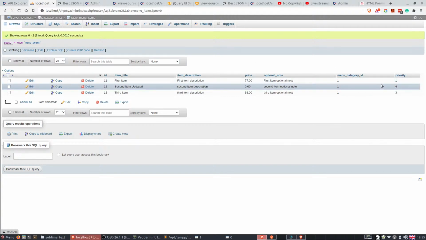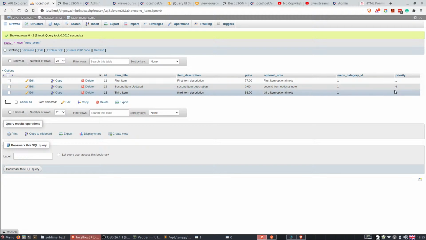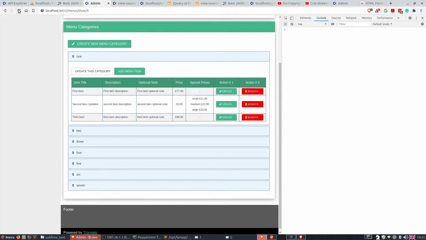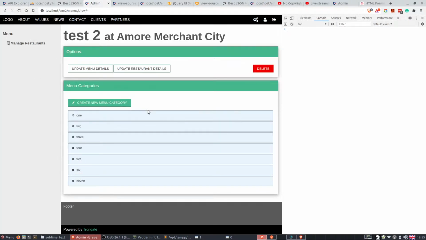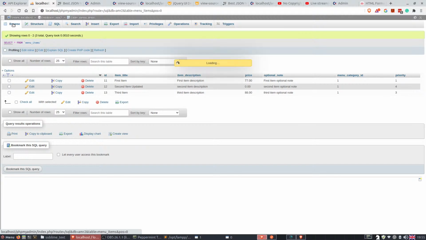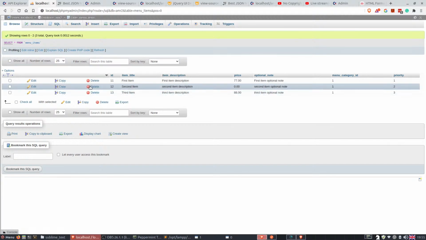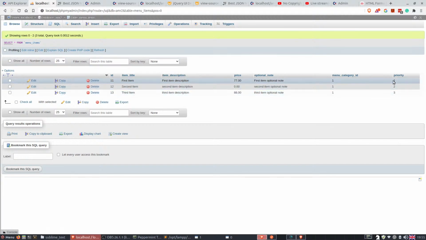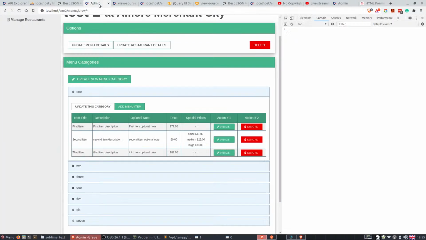I'm actually kind of wondering how... Right, hold on a minute. Let's reset the decks. Let's just refresh. Let's open this thing up. Right, okay, so here we've got 3 test items. Now, if we look at them from a database perspective, you'll see that we've got 3 items with priorities of 1, 2, and 3. Now, what we really want to do